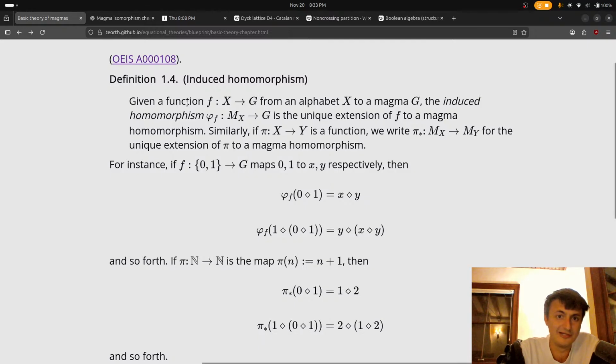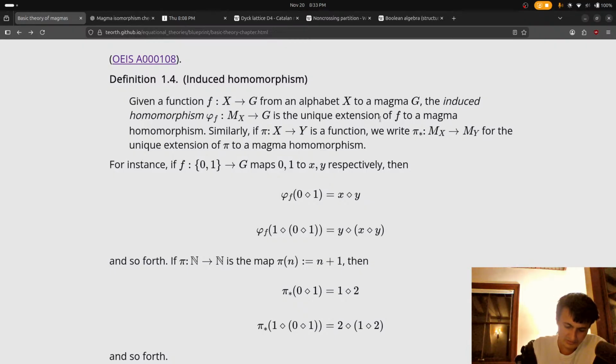A little too much Greek for me. Given a function f from x to g, from an alphabet to a magma. First off, that seems weird.